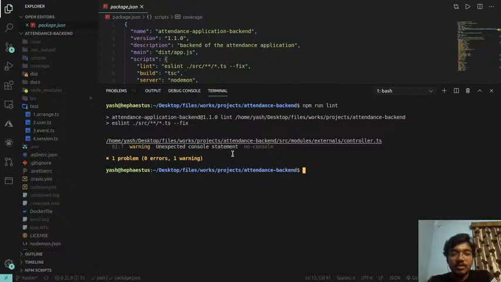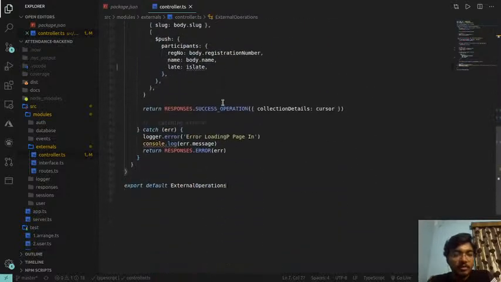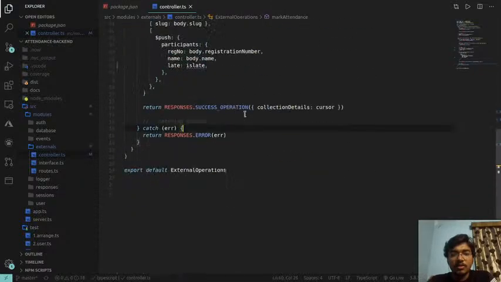Okay, it shows us this one warning, and it says do not use console.log. So this particular file, you control click on it, you can open it, and it says line 61 column number 6. So I go to line number 61 column number 6. I see there's this console.log error landing page, and so I just comment this line, or maybe remove it and remove this as well, because I guess we are returning a response, so there's no need for